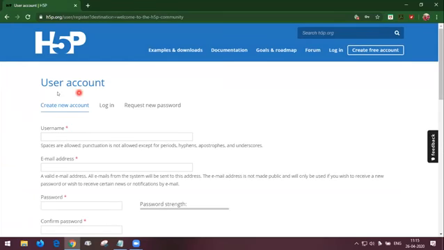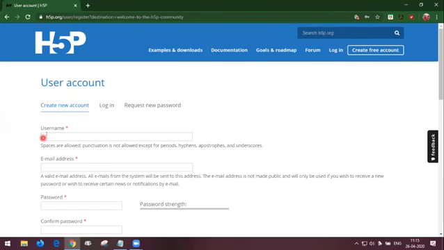In this you are going to fill up our details. It is just like when we are creating a Gmail account, it requires some details about us. Like that, we are going to give some details in the H5P user account. It is very user friendly in H5P compared to other mail ID creation.